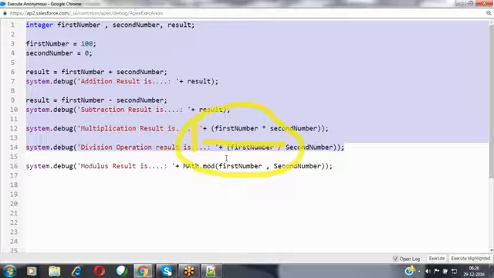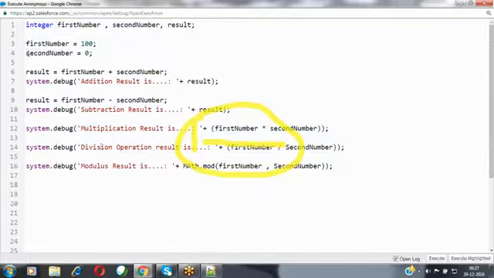So what can we do here? How can we ignore the execution of this division operation statement? For that, we are going to use conditional statements. What do you mean by a conditional statement? Conditional statements are used to execute a set of statements based on a condition. If I execute this division operation with the second number value equal to 0, it causes some issue.